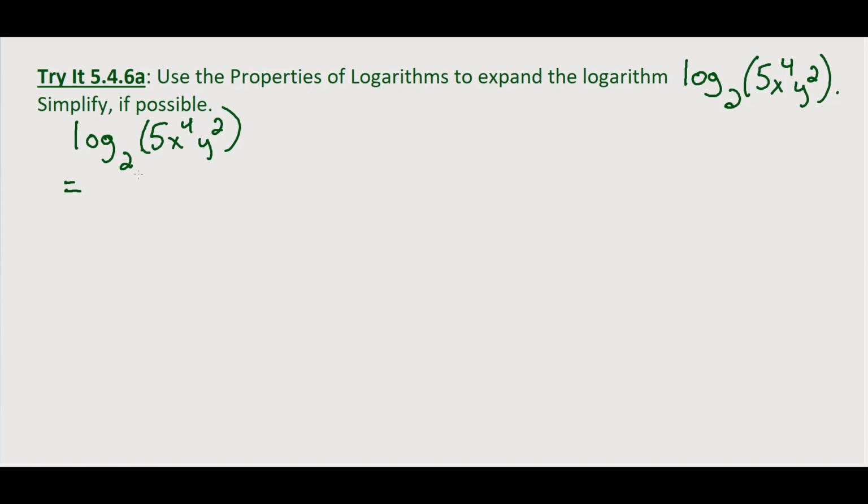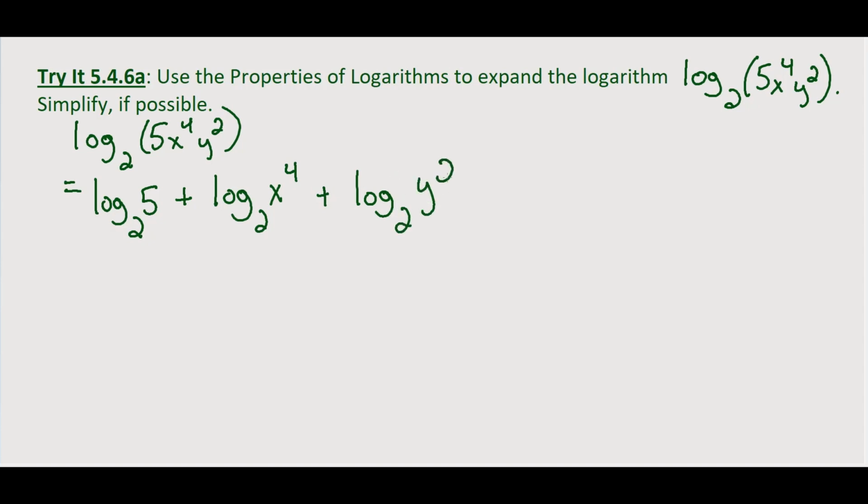We're going to write that as a sum of the product. So log base 2 of 5 plus log base 2 of x to the fourth plus log base 2